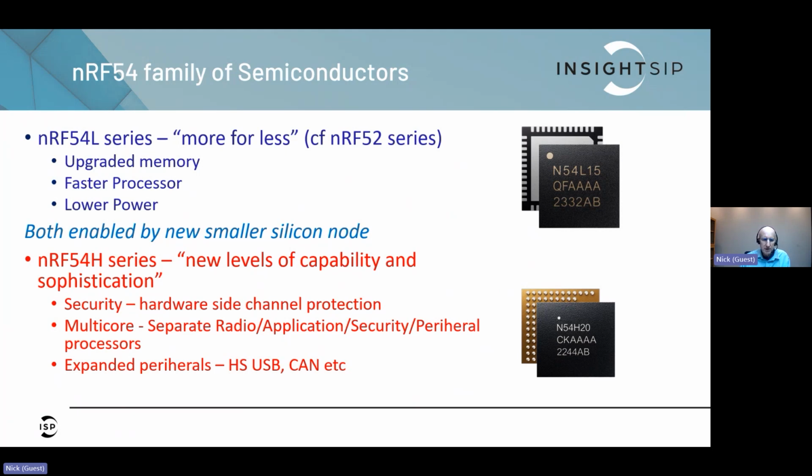I'll talk a little bit more in detail about exactly what you get and what you don't get. But more memory, faster, lower power, just better all round. It's a next generation. Both of these are based on an upgraded silicon node, so it's down to a 22 nanometer node. That gives you a lot of advantages to make better devices. But the nRF54L is hitting the same target as the nRF52 series by and large, and then